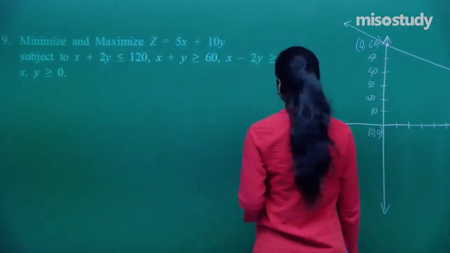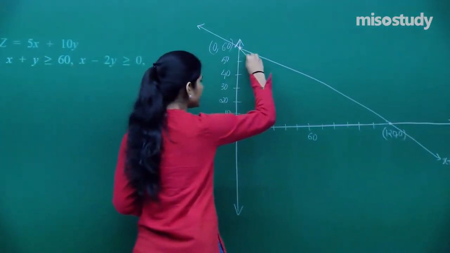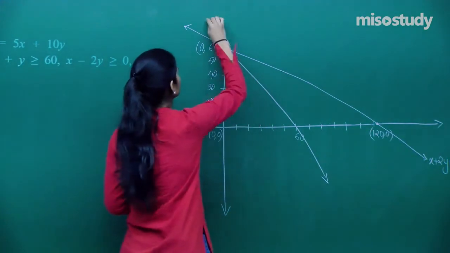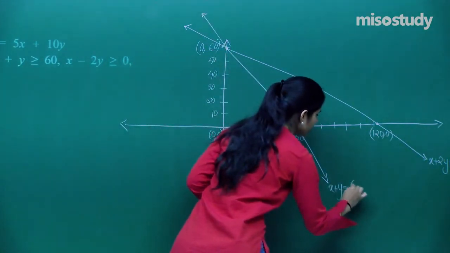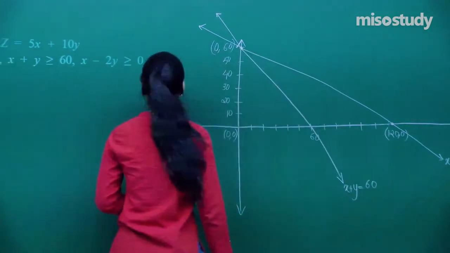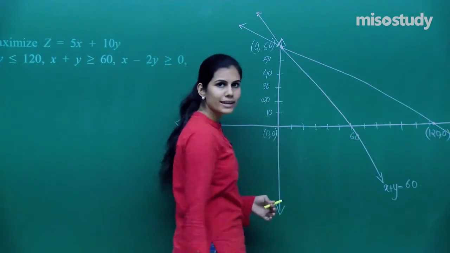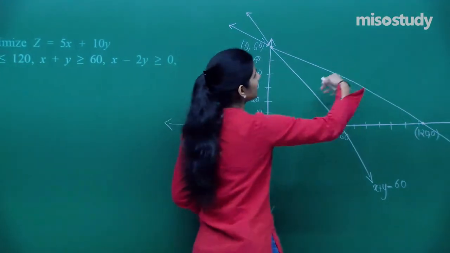Then you have x plus y greater than or equal to 60, so x plus y equal to 60. When x is 0, y is 60, when y is 0, x is 60. So I have this as the line x plus y equal to 60, greater than or equal to 60. Put x equals 0, y equals 0, right? 0 is less than 60, so this side of the line,